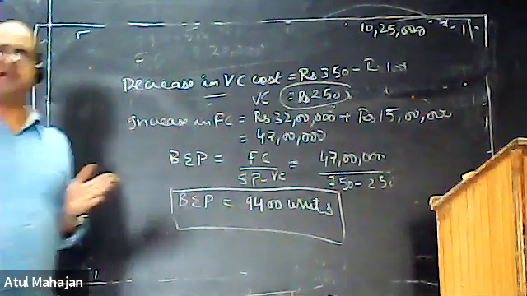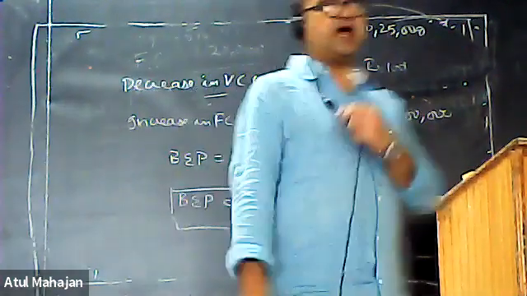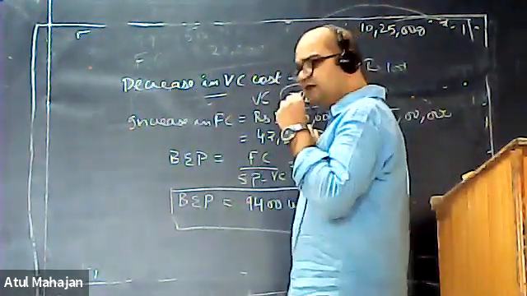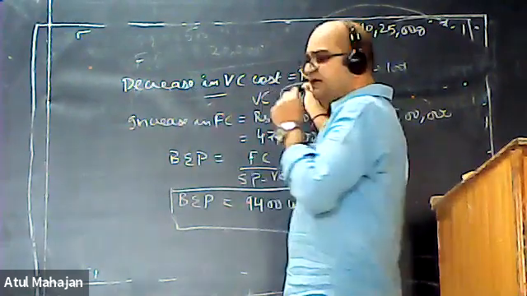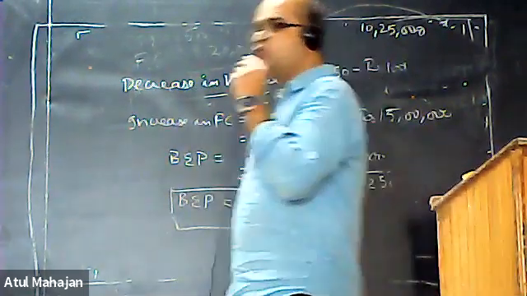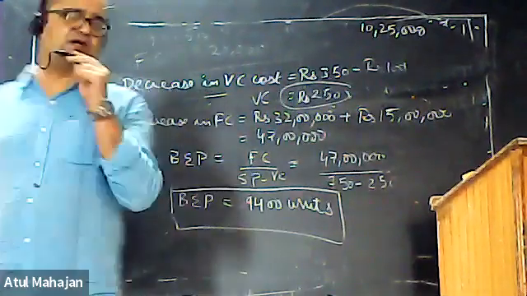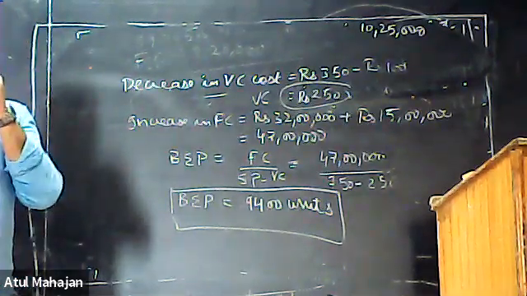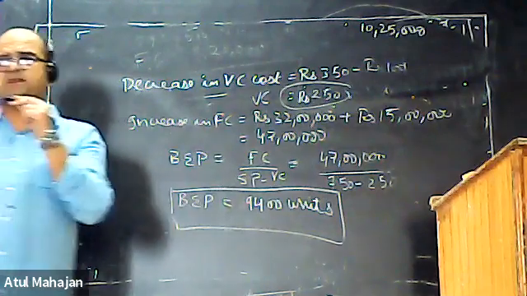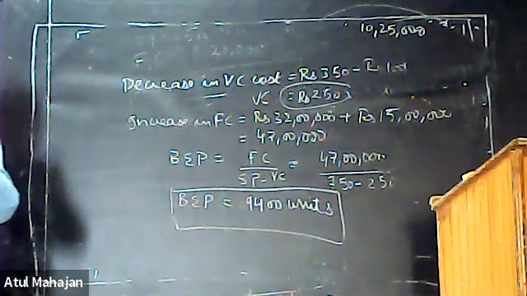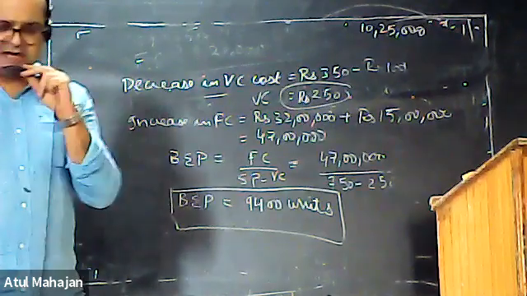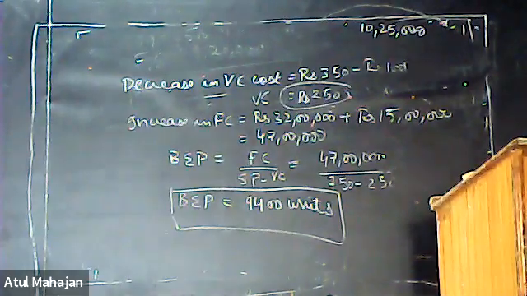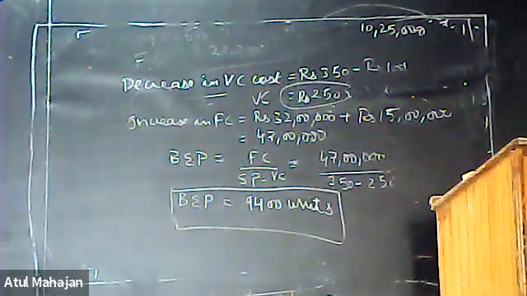So if you are producing 9400 units, then we can compensate for all the increase in fixed cost and the decrease in variable cost in order to meet the contribution value. So that is all about your numericals for the break-even point. If you face any difficulty in them, you can ask your queries at any moment.